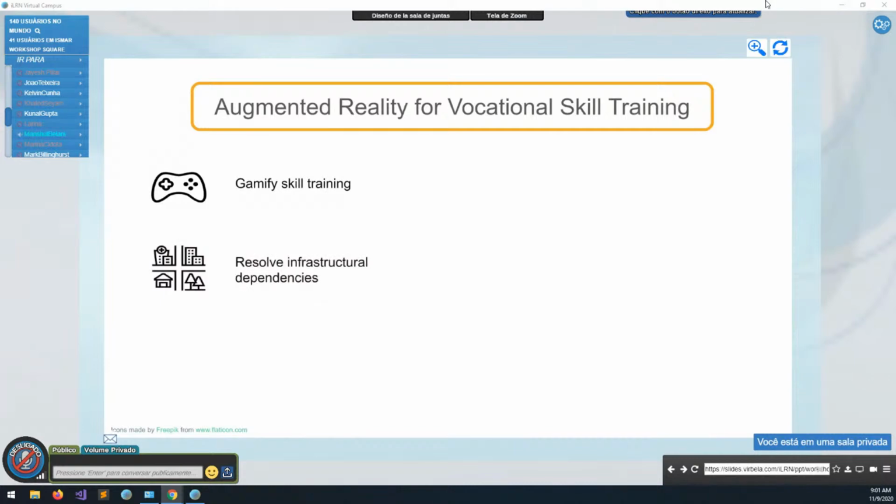Then, augmented reality has this very great potential of resolving the infrastructural dependencies which are associated with vocational education training. So currently in our country, vocational education training happens in dedicated institutes, and I think it happens in most countries this way, that these are dedicated training institutes like industrial training institutes where there is infrastructure available for vocational skill training and students go and train there. However,